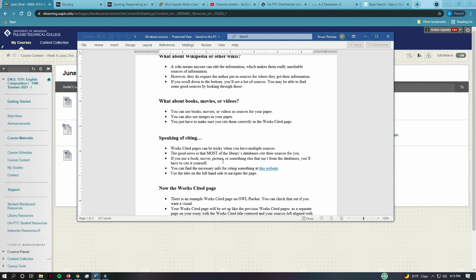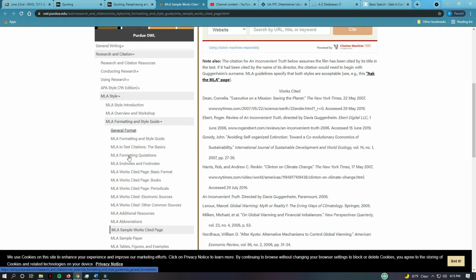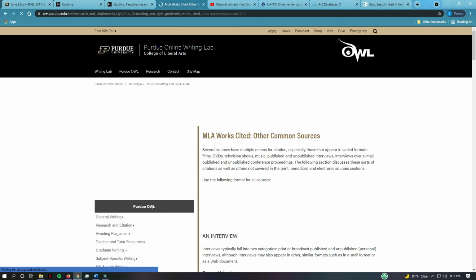So if you use a book, movie, or picture or something that isn't from the databases, you'll have to cite it yourself. So I send you to this website, which is OWL Purdue, and it shows you how to cite it. On the left side, you can go books, periodicals, electronic sources, other common sources. They have everything in here. They show you how to cite